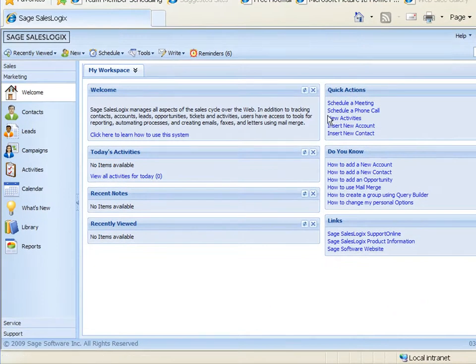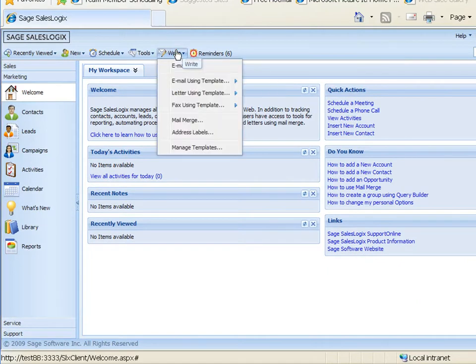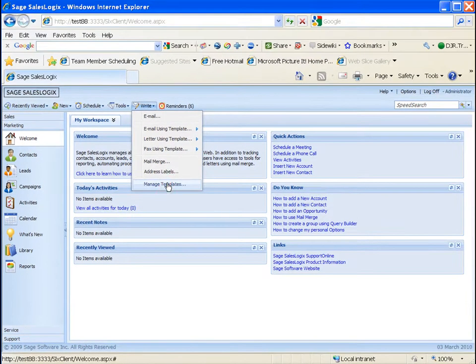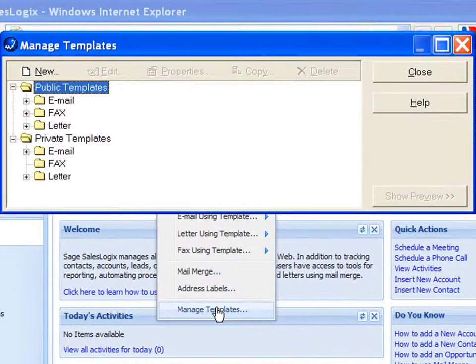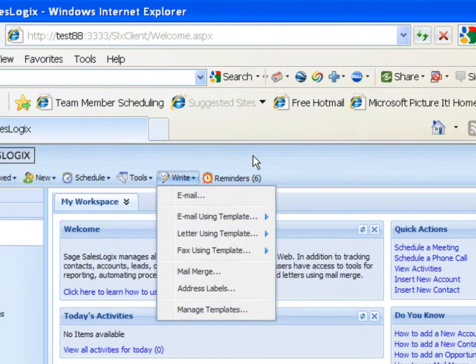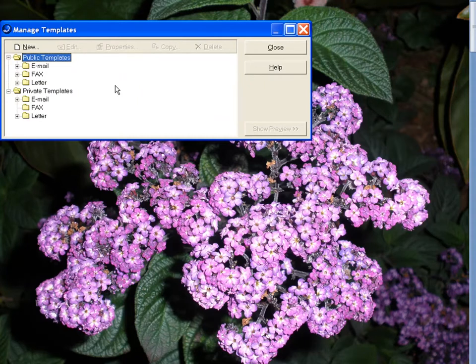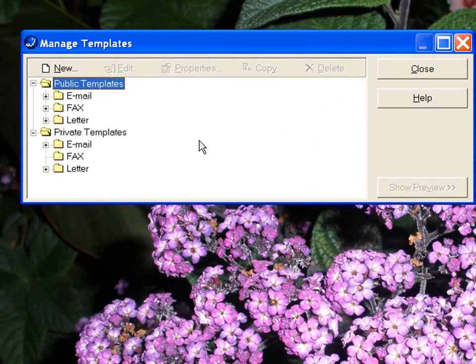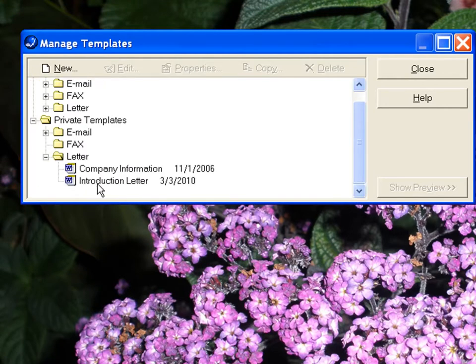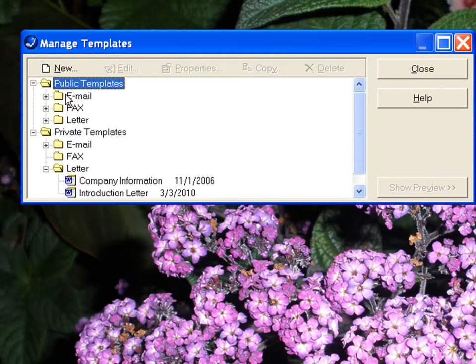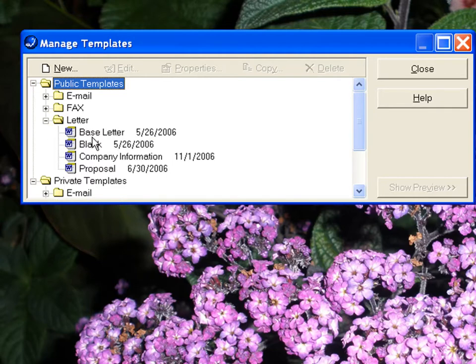Okay, so I've opened my web client here, and I'm just going to go up to my right menu and choose Manage Templates. When you move like that, sometimes it goes to the back of the screen, so you just have to minimize the client here, and here that box is sitting open back there. So in here, in the other webinar, I had created a template called Introduction Letter. So here the introduction letter is sitting beneath private templates, and we want to be able to go in and release that to other individuals or to everyone so that it actually shows up in public templates and everyone would